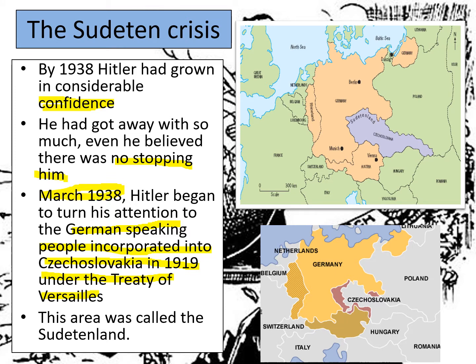So let's look at Germany. I always like this because it's almost like Germany is a wolf, and in his mouth is the Sudetenland, this part of Czechoslovakia. So the area that he was most interested in taking over was called the Sudetenland. So it's these bits here that are in purple that most naturally surround Germany. That's where most of the German speakers within that country lived. Feel free to write a couple of background notes on the Sudetenland and on what Hitler had already achieved.